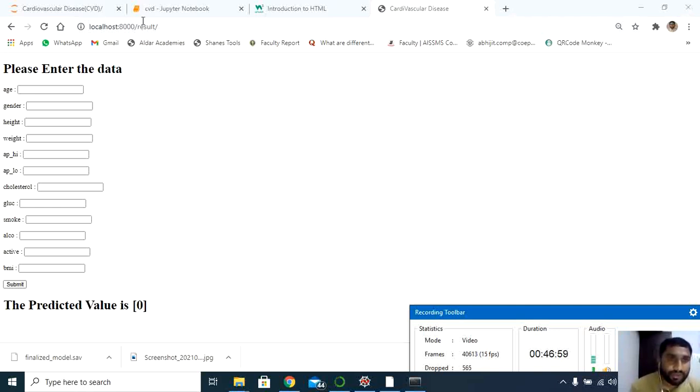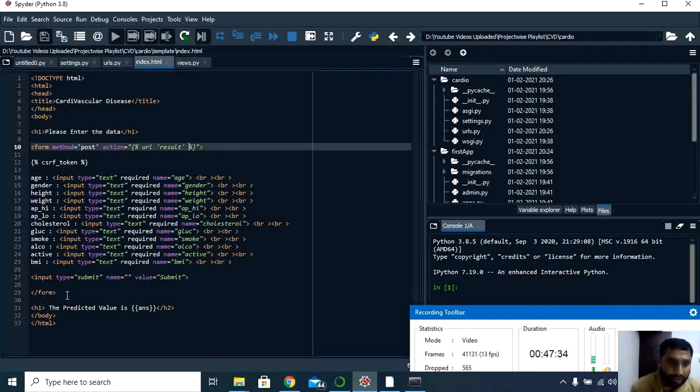Now what you can see here is, have a look at this. While passing the data, it was localhost 8000. Now the result I'm getting under results is localhost 8000 slash result. Hope you are clear with this. You can explore this and take it to the next level. Let's say while feeding the data, I don't want to display the content. After submitting the data I want to display the contents. That we can also do. Let's try that one. I was working on that, but I was not able to do it.